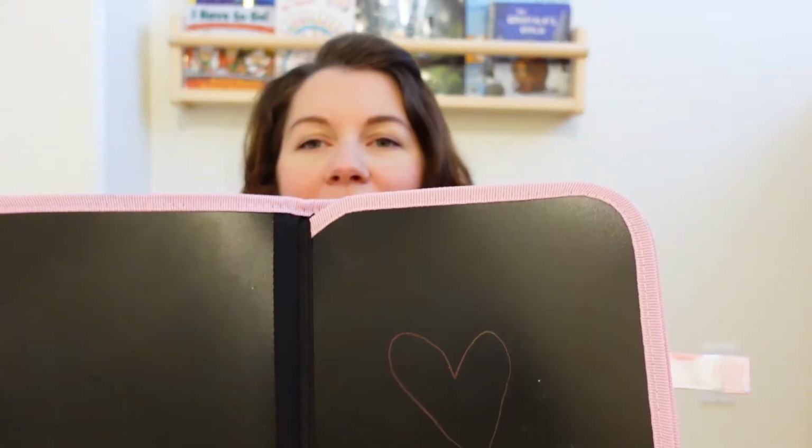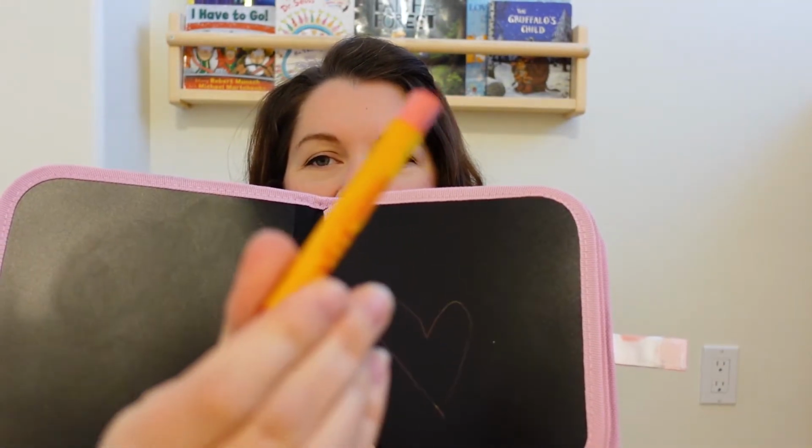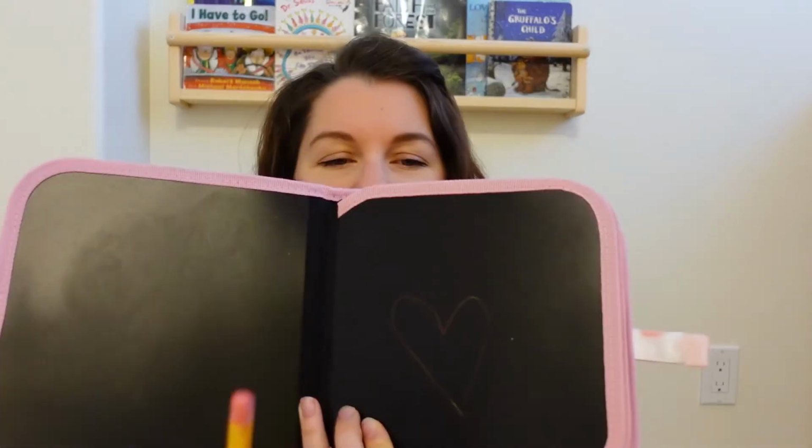There, is that showing up? But yeah, and then these are what the crayons look like. And it's another fun activity, really simple, easy to pack up. It's got everything in it that you need, and so if you're traveling, these are fun things to have for your kids to do in the back, and hopefully they'll be a little less complaining